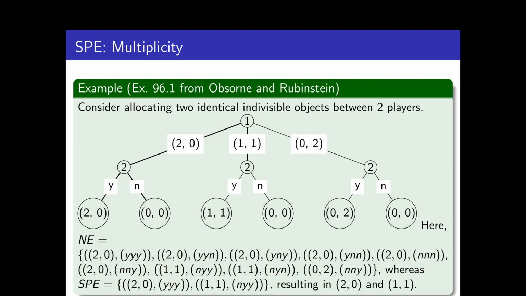So that's why. So let me explain it again. Player 2 has to say yes to 1-1 to be optimum. In order for player 1 now to be optimum, player 2 has to say no to 2-0. So NY are necessary here, but that's already enough